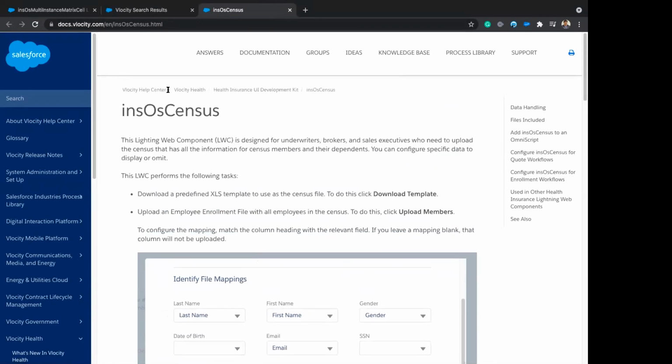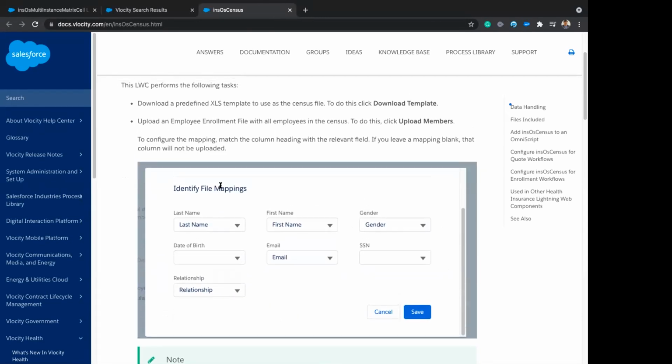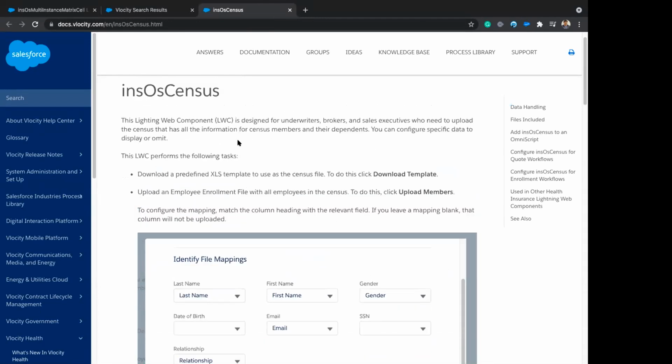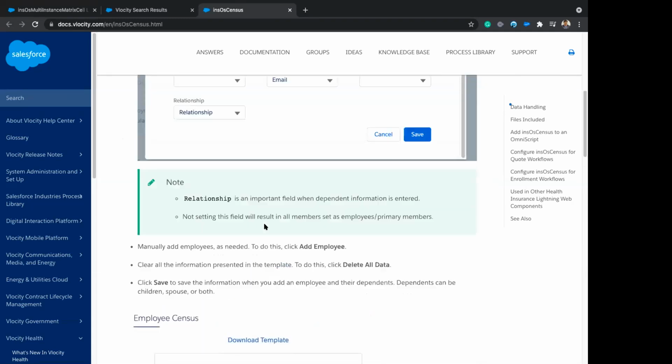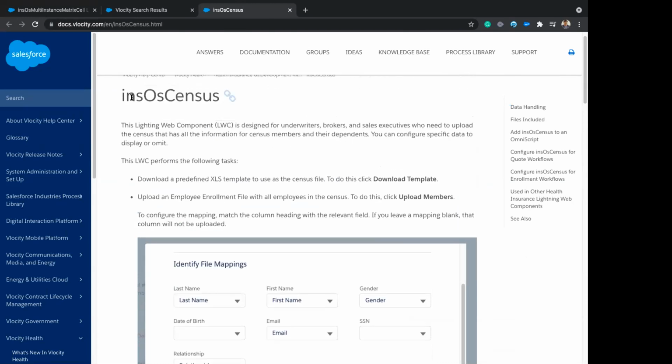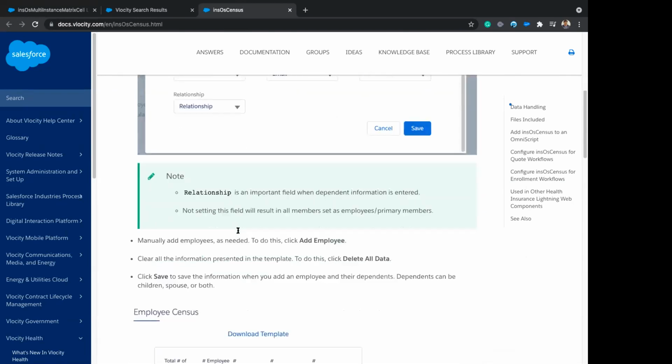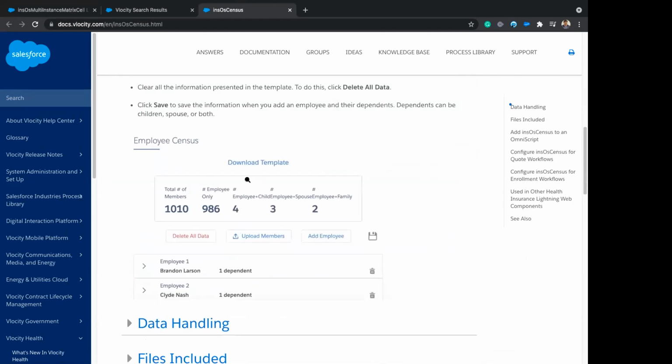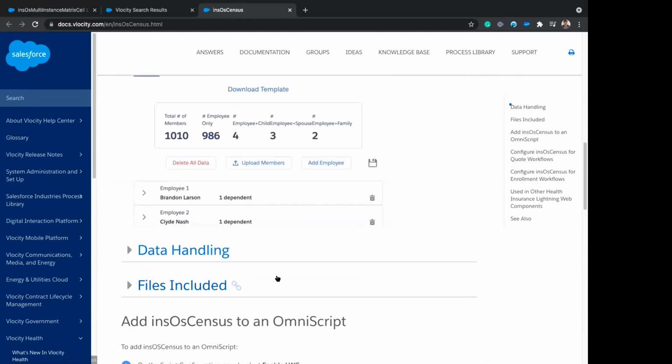So here is the documentation for this INSOS census. We can use this template, or okay, I won't call it a template, I will call it an LWC. To use this LWC, we can directly refer to this INSOS census documentation, and they explain how to do that, how to